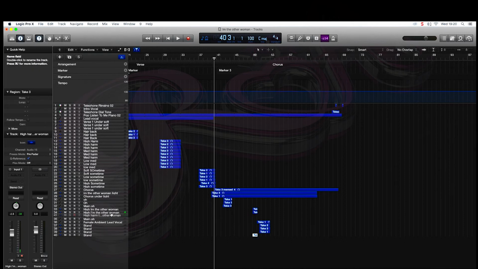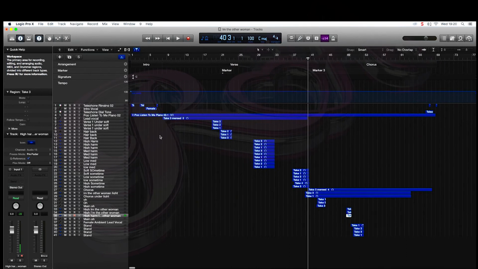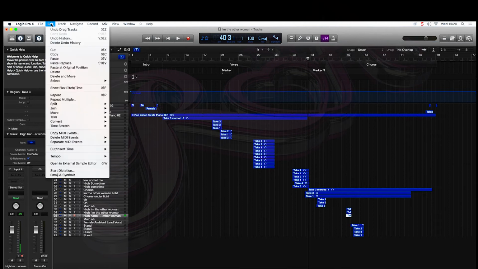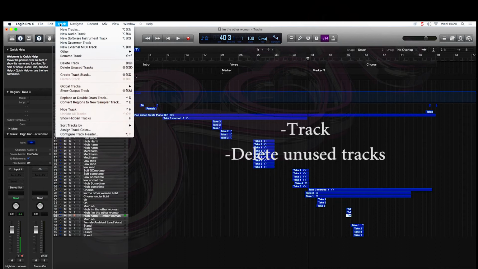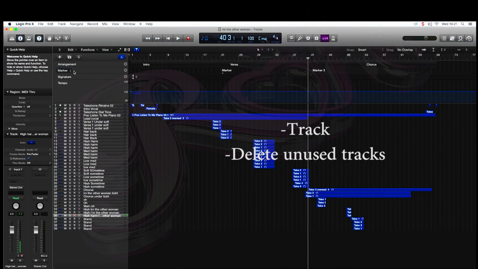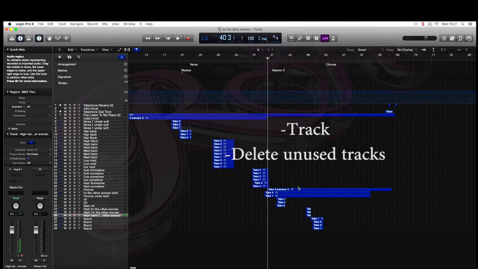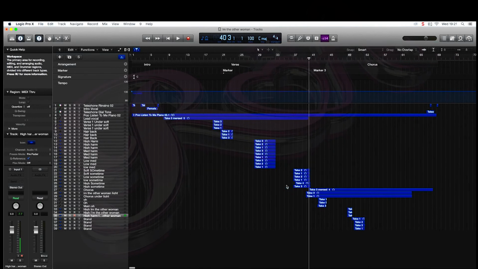Okay. Now what you might want to do, you might see that there's extra tracks sitting in this that you don't want. How to get rid of tracks that you may have created and not deleted? You just press Edit, press Track, and press Delete Unused. Then all the unused tracks will be deleted. Now as you can see, this looks very, very clean now, because you can see that we have a verse